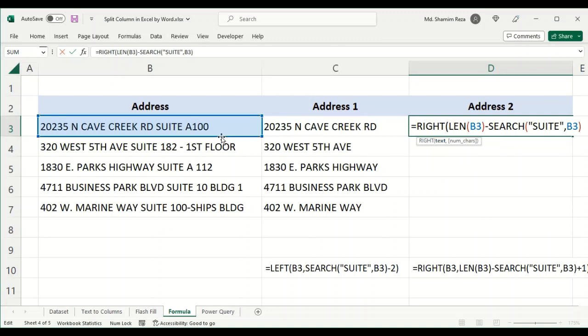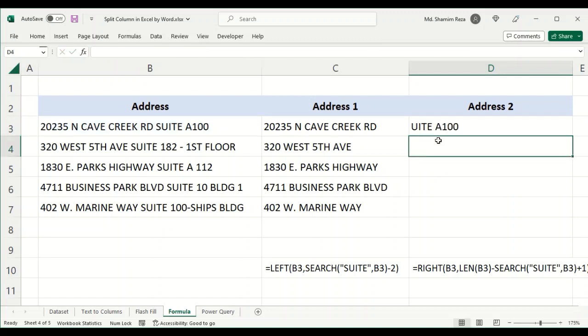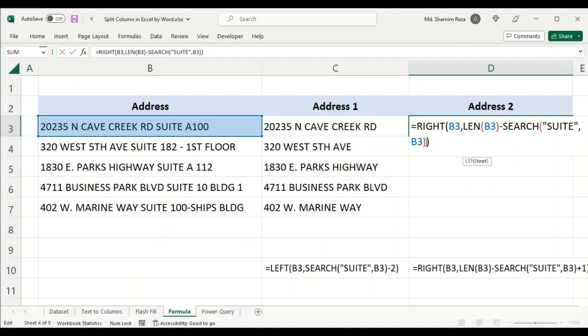So we need to use the cell B3 as the text argument here. Put a comma. Close the bracket, press enter. So what do we get? We get "UIT". The S character gets subtracted, so we need to add 1